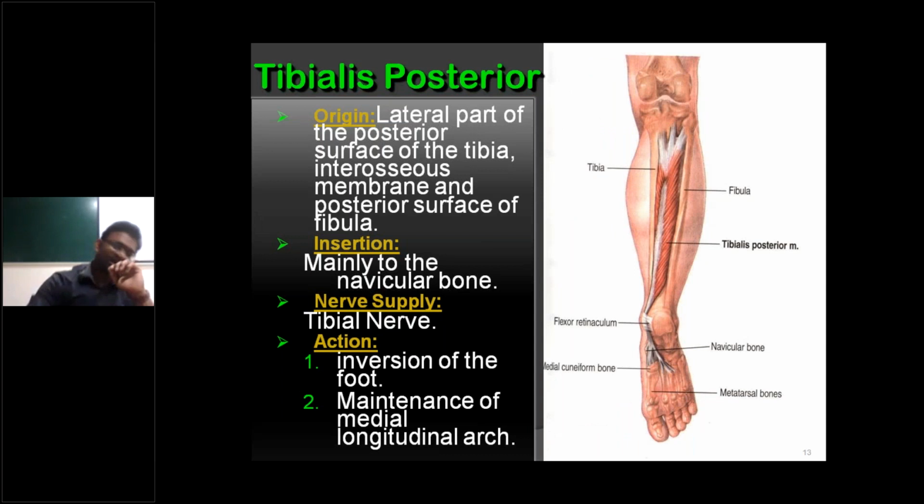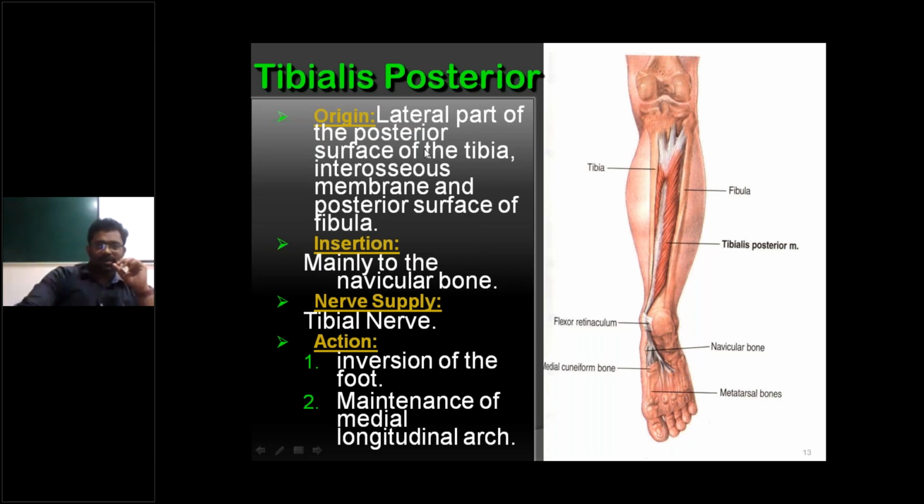And the last muscle, tibialis posterior. Tibialis posterior originates from the lateral part of the posterior surface of the shaft of the tibia. I already told you here: below the soleal line, a vertical line divides the surface into a medial area and a lateral area. The medial area provides origin for flexor digitorum longus. The lateral area provides origin for tibialis posterior.